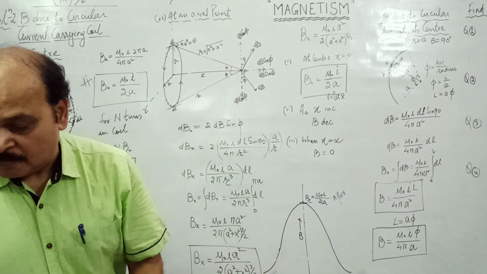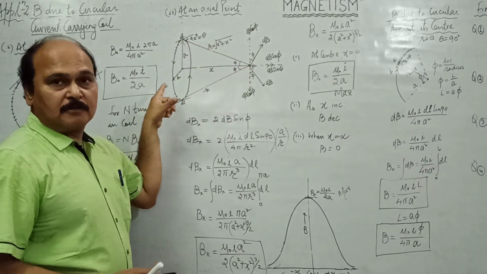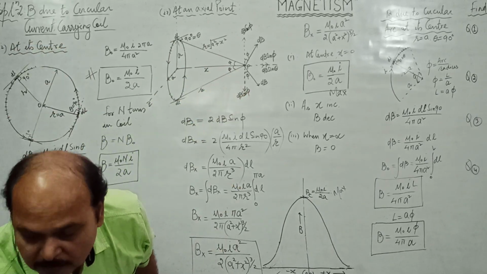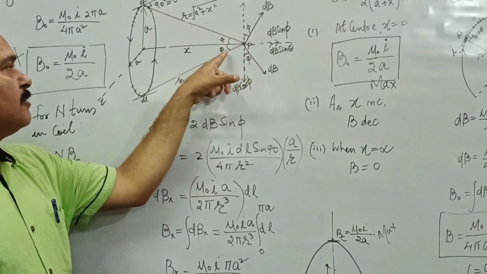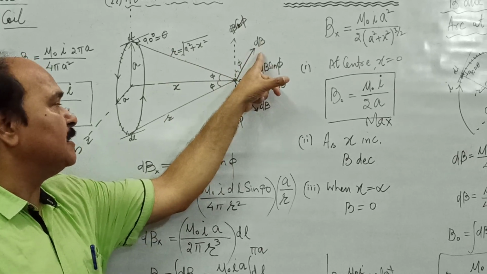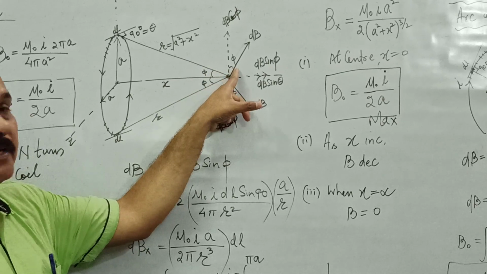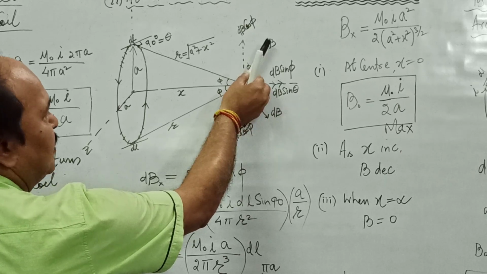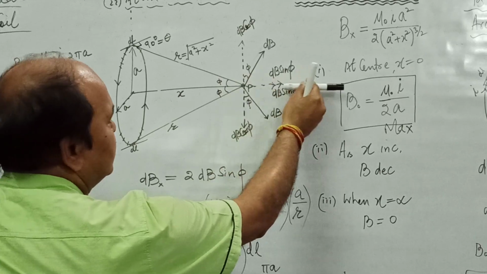Well, what is this angle phi? This is a right circular cone. If we join every point over the ring with this point, we get the right circular cone as shown to you. This is the semi-vertical angle of the right circular cone. And the magnetic field here, which is perpendicular to this palm, is like this. This angle is phi; by simple geometry, you can work out. If this angle is phi, what is the magnetic field here? This magnetic field will have two components. One would be along the y-axis, dB cos phi. The other would be along the x-axis, dB sin phi.